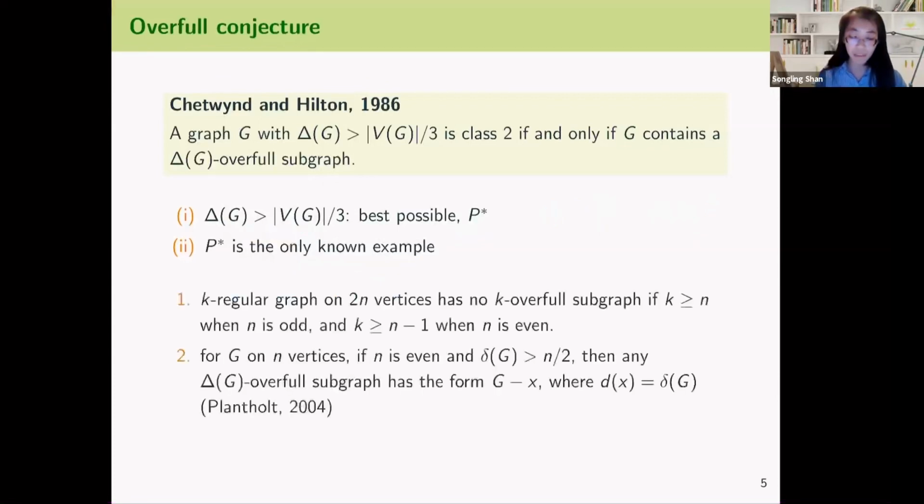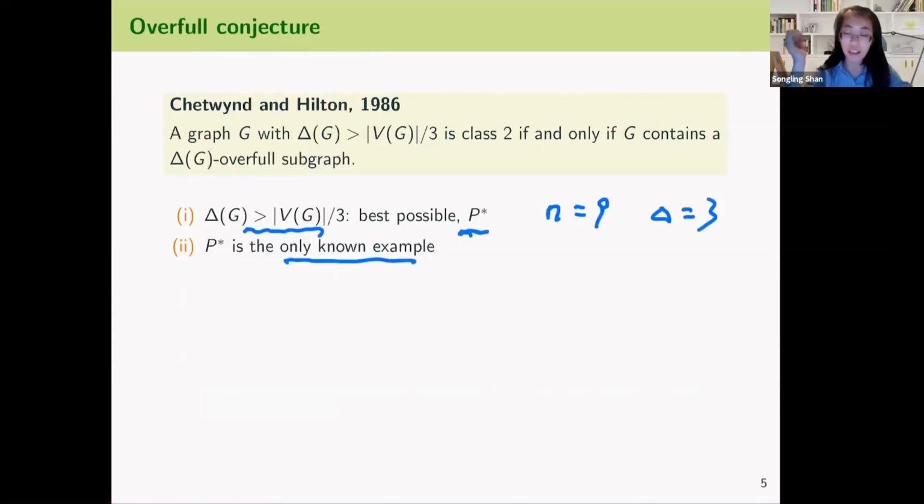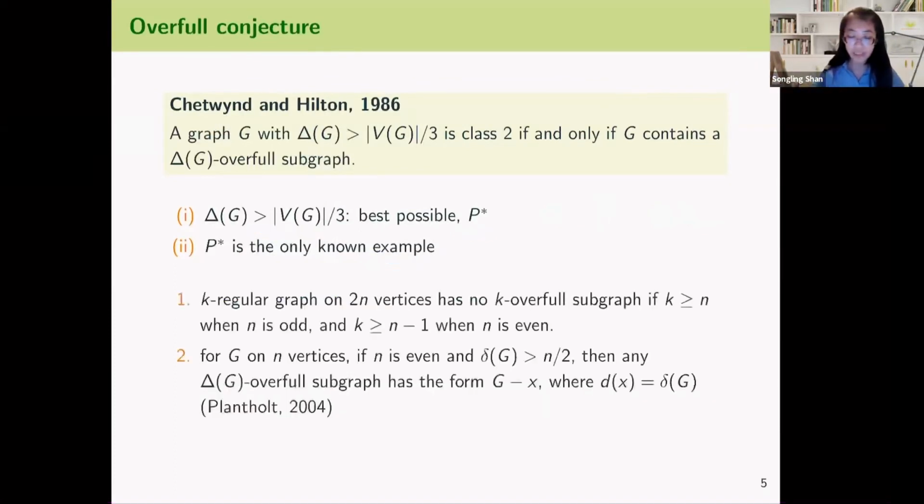By some calculation, when we look for a delta G overfull subgraph, the subgraph has an odd order. Basically, we take any induced subgraph of G which has odd order and at least 3. We count how many edges are in this induced subgraph. So if we do this calculation, we can see that if we have a k-regular graph on 2n vertices,